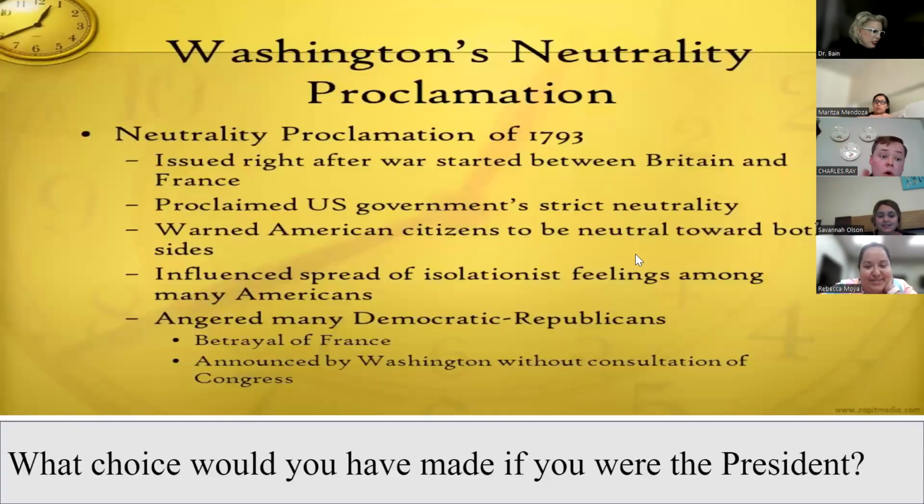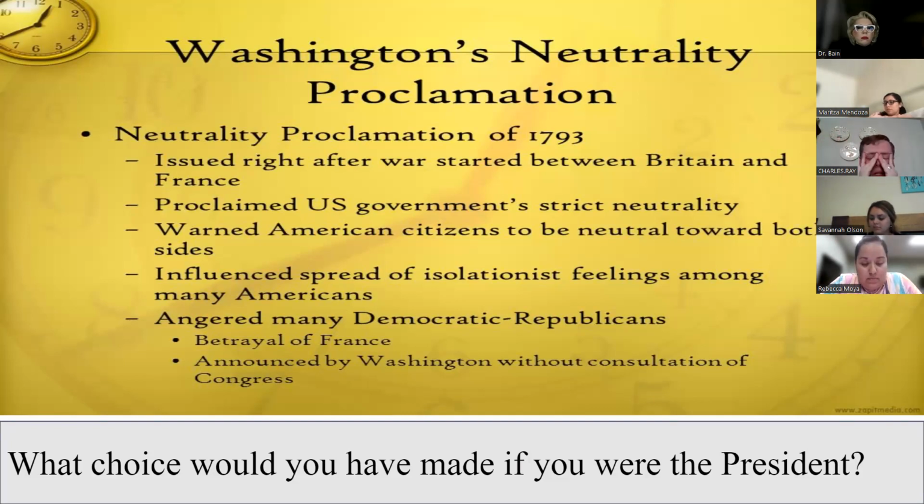Okay. So 242, interestingly enough, doesn't seem to care about the early presidents, really. But this pops up with some things every once in a while. It does apparently want you guys to know about Washington's first presidency. So, of course, Washington's our first president. That's one reason why he's called the father of our country. He does lots of first things. One of the things he does is make sure we try to stay neutral when France and Britain go at it once again, in what will turn out to be the Napoleonic Wars after the French Revolution.